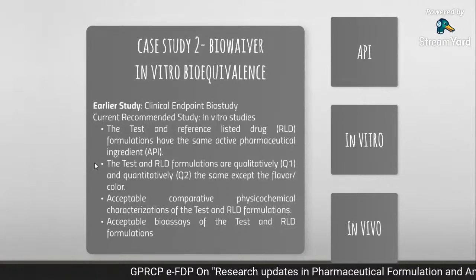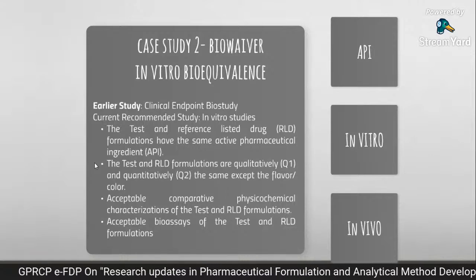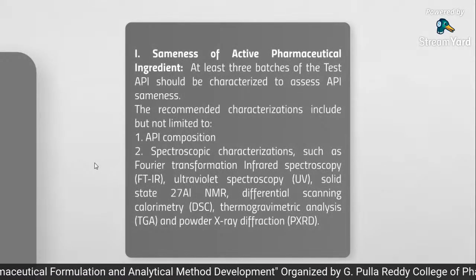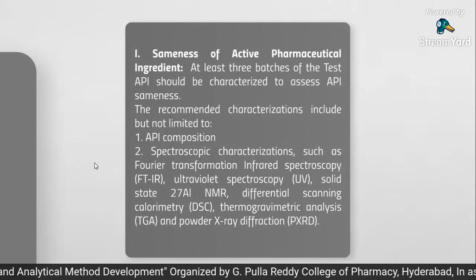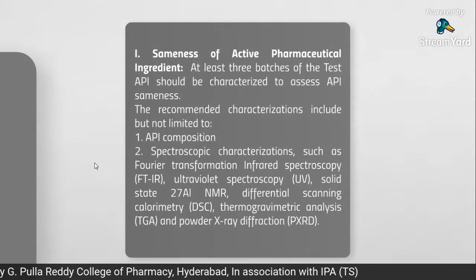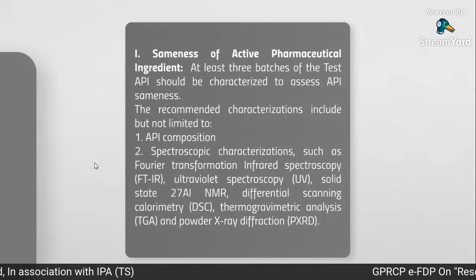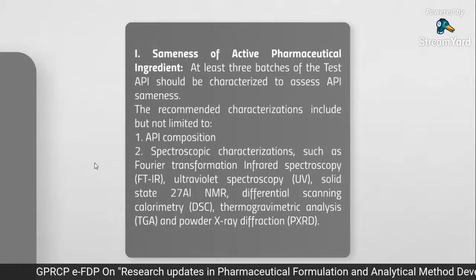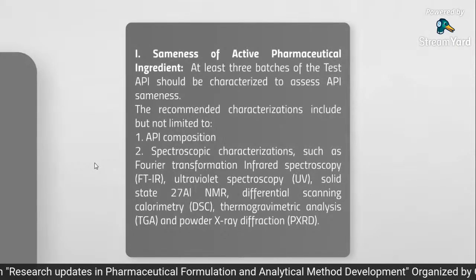And finally, acceptable bioassay of the test and RLD formulations, like API sameness. API similarity can be shown by API composition and FTIR spectra, UV spectra, solid state 27 aluminum NMR, differential scanning calorimetry, TGA, and powder X-ray diffraction. By getting the data by all these techniques, we have to prove that our API, innovator API, is the same, including